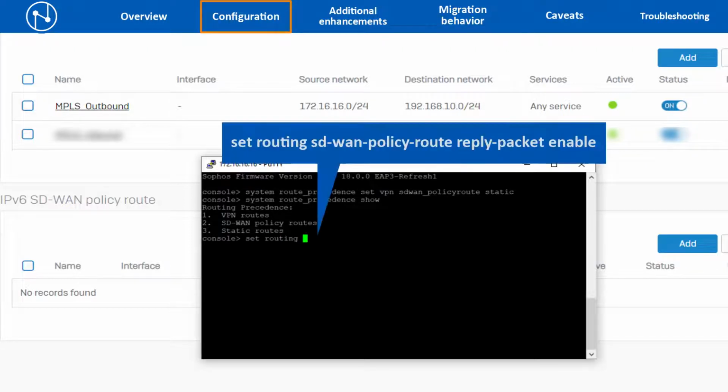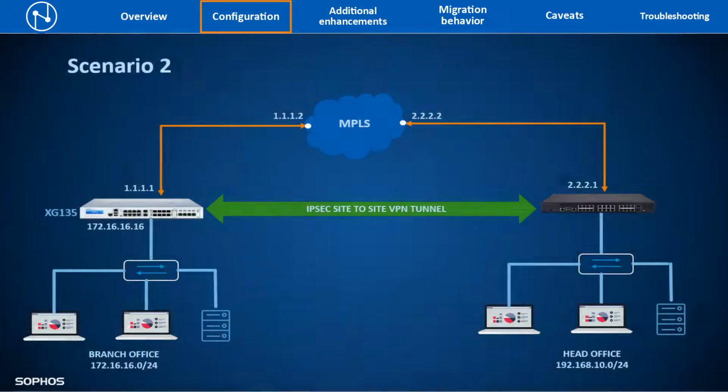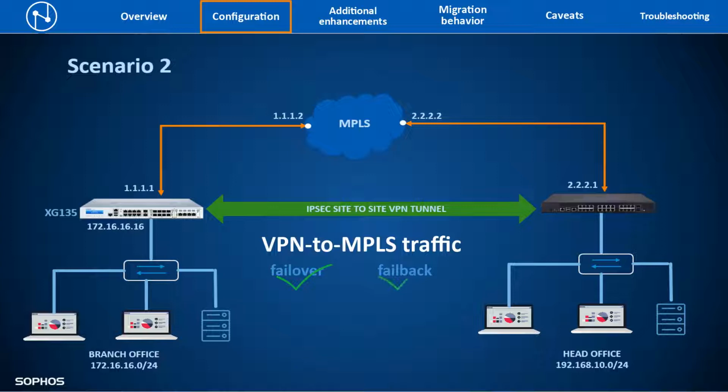Also, to make sure that the reply traffic for the head office initiated traffic flows over the SD-WAN policy routing, we need to make sure that the option for reply traffic is enabled via this command. So, in this way, you can achieve the VPN to MPLS failover as well as failback with the help of SD-WAN policy routing. Alternatively, the same scenario can be achieved using a single SD-WAN policy route, even without changing the